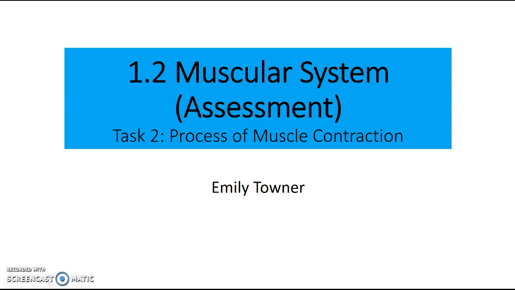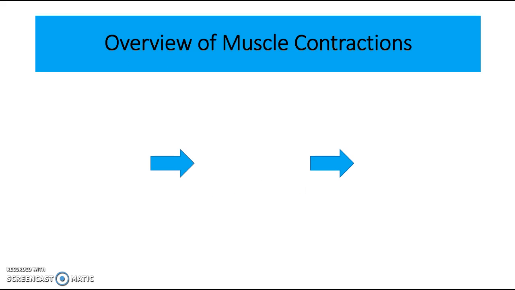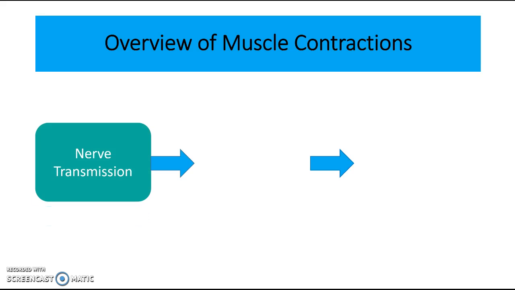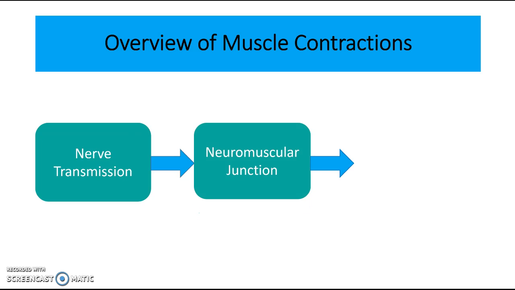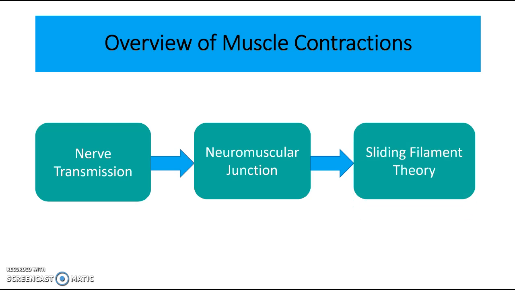This video is going to be looking at the process of a muscle contraction and briefly describing the different types of muscle contraction. So first off, we're just going to start with an overview of a muscle contraction. So we start with an electrical impulse being sent around the body. We then look at how these impulses travel across and through the neuromuscular junction. And then the most detailed section is the sliding filament theory, which is what happens within the myofibril in the